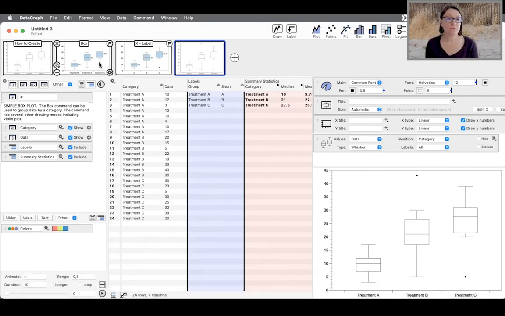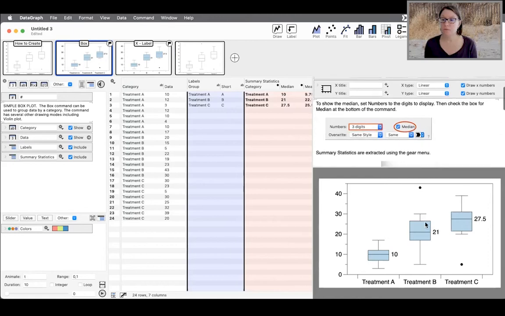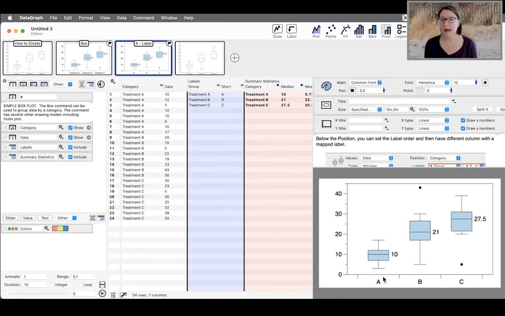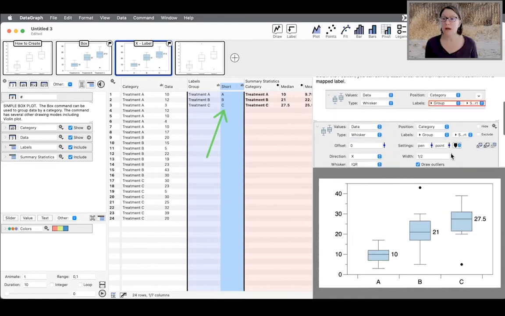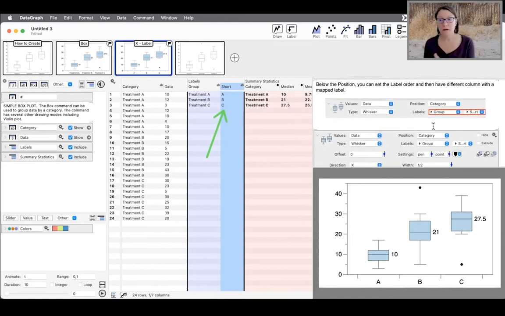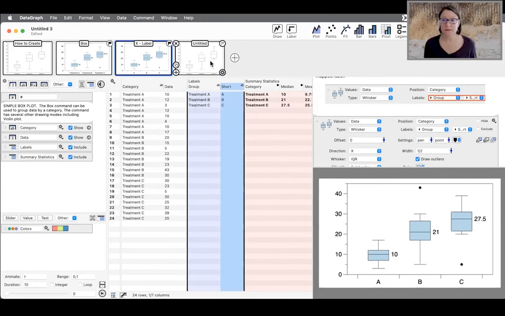What this file also does is show you options for showing the median on the graph. It also shows you how you can map the name of the category used to break up the data to a different label. I have a table within my DataGraph file showing treatment ABC, and a short name that I'd prefer to show, and you can do that naturally within the command itself without having to change your data in any way. So if you look at this command,